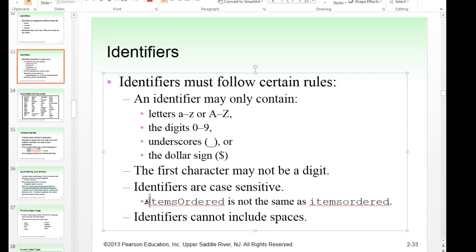We want to acknowledge that items ordered with a lowercase i and then a capital O over here is not the same as items ordered with all lowercase. Also not the same as if you had a capital I or a capital T or a capital M. Those are all different variable names, but it is not a good idea, even though it's legal as far as